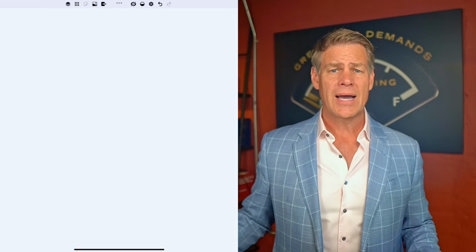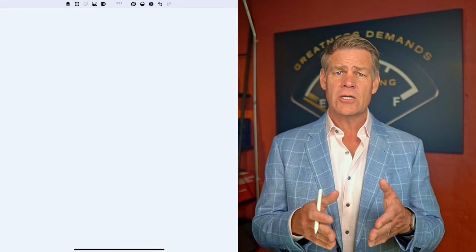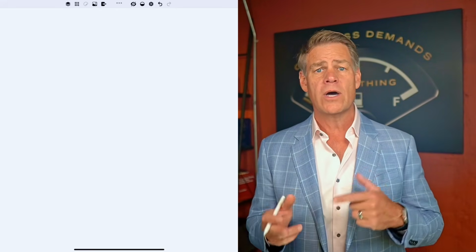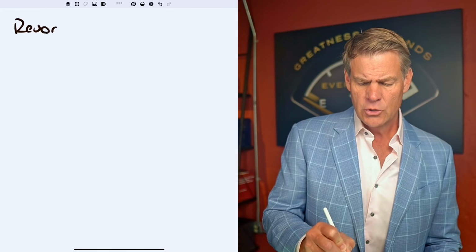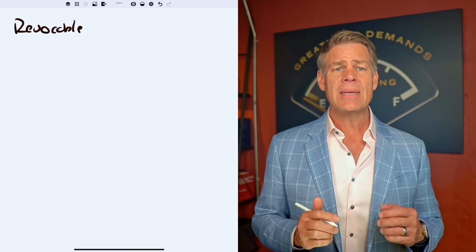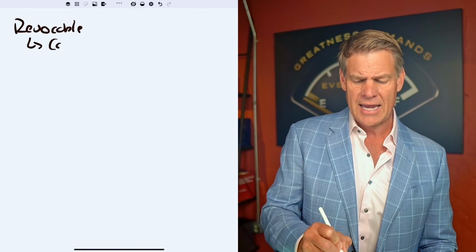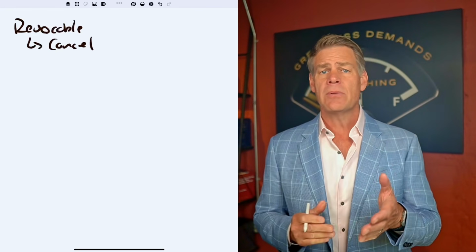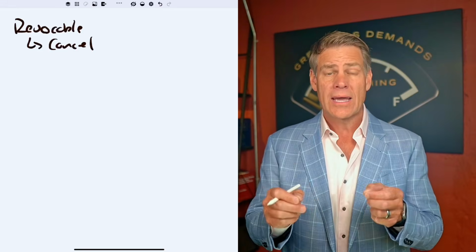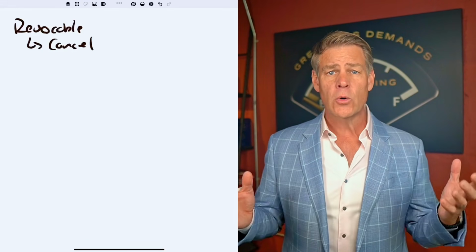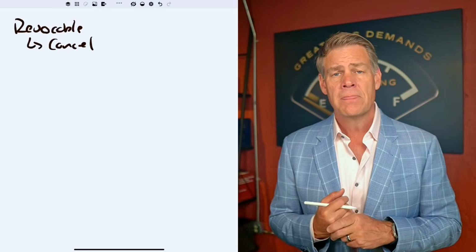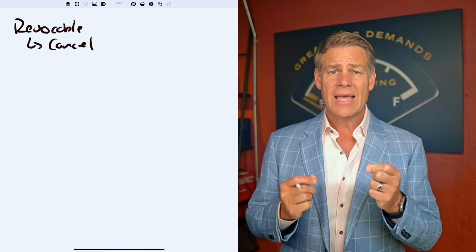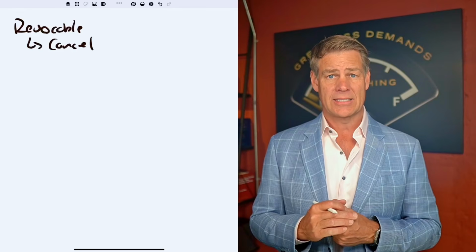So to talk about the two, I want to break it down for you and give you a high-level view of the differences between the two, and then I'll show you in which situations you should be using one versus the other. Okay, so a revocable trust is just that. That means that you can cancel this trust at any time. If you have the ability as the trustor or the grantor or the beneficiary to revoke the trust and just throw it away at any point in time, distribute all the assets to yourself, then in that scenario, that type of trust does not offer any asset protection.